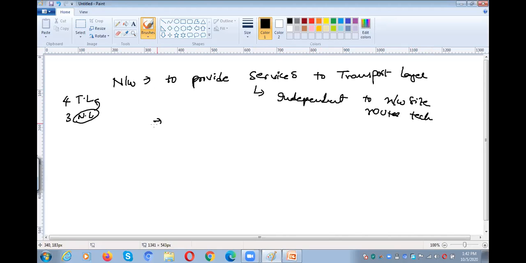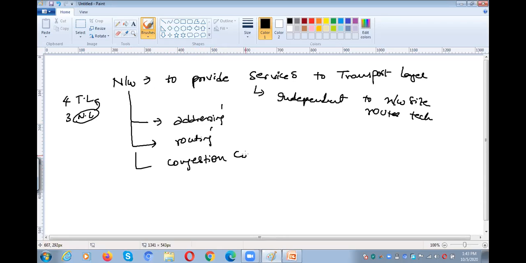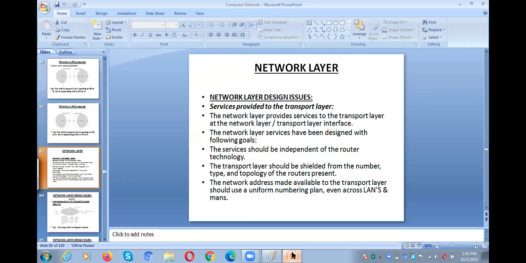And then the network layer responsibility is addressing, another design issue. The next design issue is routing. And the next one is congestion control. All these are the responsibilities of a network layer, right? It is a theoretical one. After that,